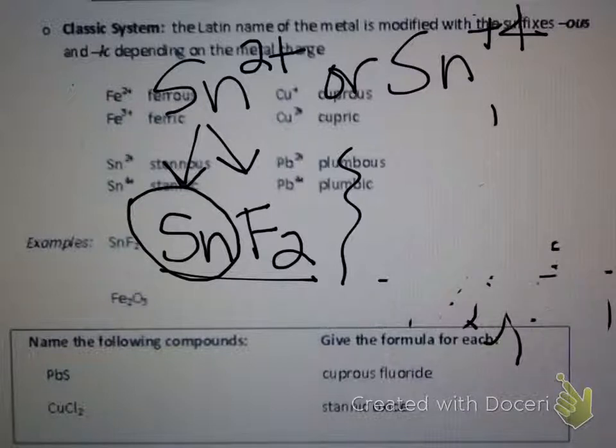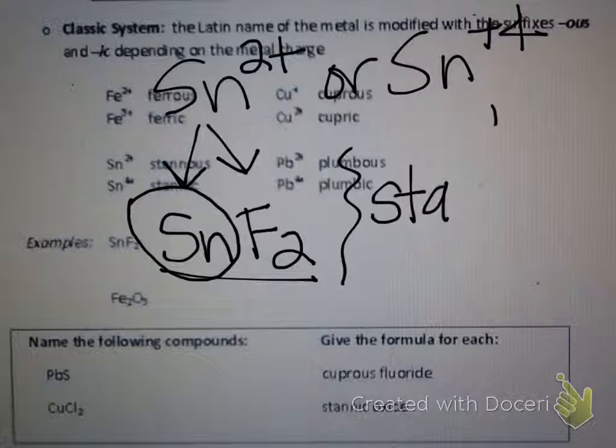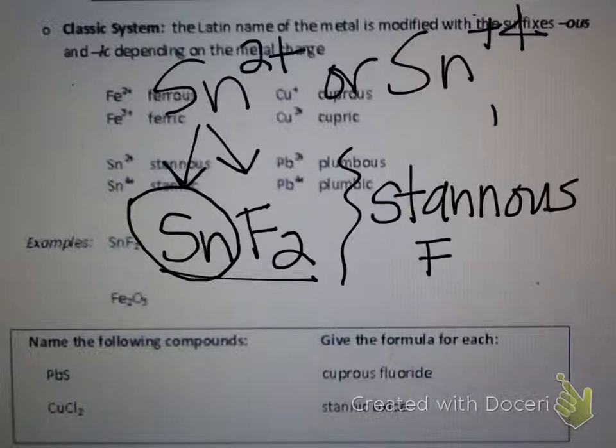Sn2+ is the lesser of the tin charges. Remember, tin can be +2 or +4. We have the lesser, so we have the stannous. -ous is less. So here we have the stannous fluoride,